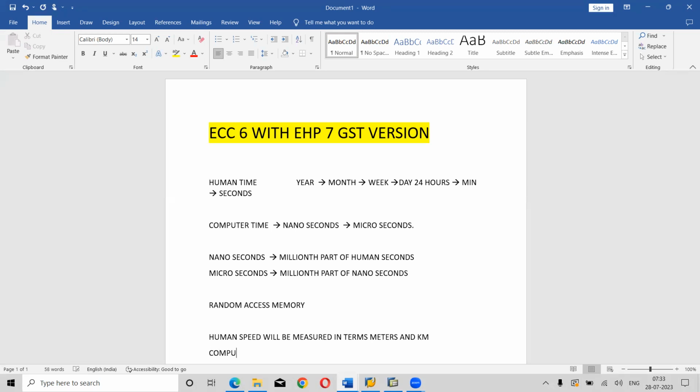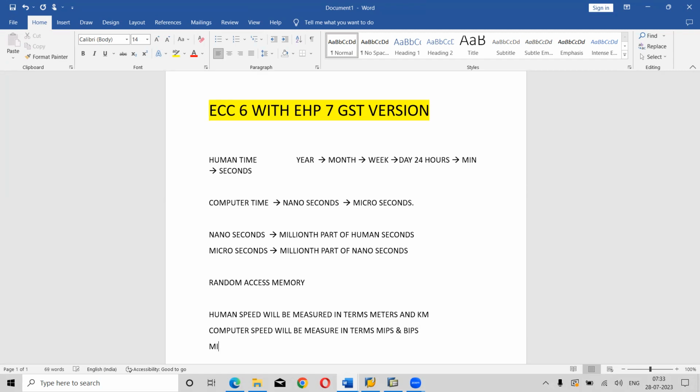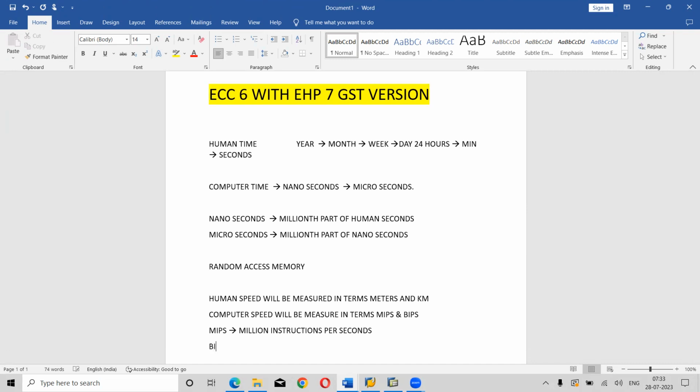When it comes to computer speed, it will be measured in terms of MIPS and BIPS. MIPS stands for million instructions per second. BIPS stands for